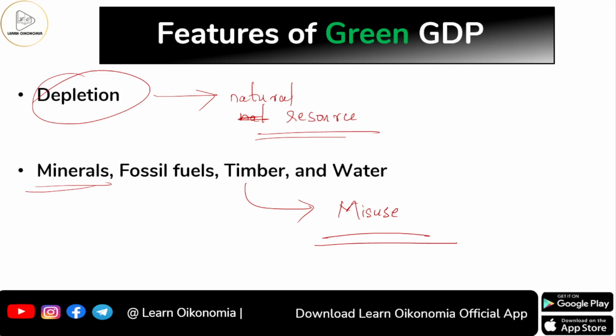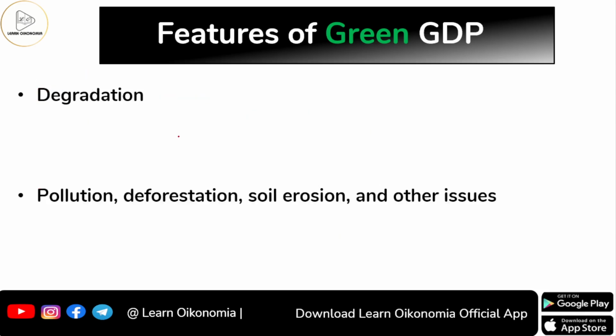So green GDP is thus an eco-friendly measure of calculating GDP. I'm not saying that green GDP as such is something eco-friendly, but when we get some idea related to the green GDP of a nation, we will be able to see to what extent a particular nation is creating some harm for the environment. Again, it deals with degradation as well. So it measures pollution. It will be looking at how much pollution was happening in the economy as a result of production. It deals with how much deforestation has been created.